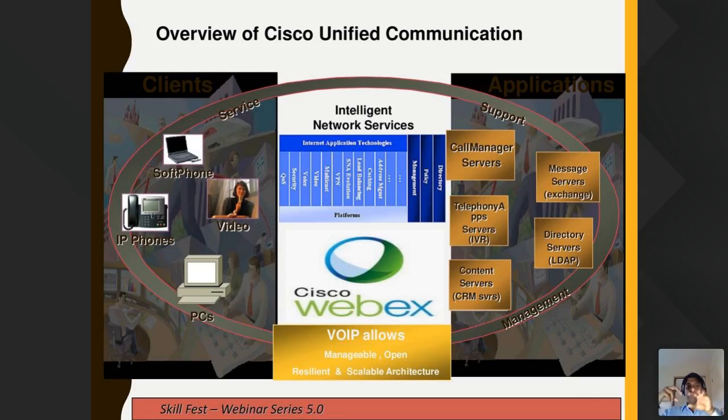This call comes in a different codec and will be converted to a different codec and sent to your desk phone. So you always need a component, a configuration, to take care of this codec conversion and the security.